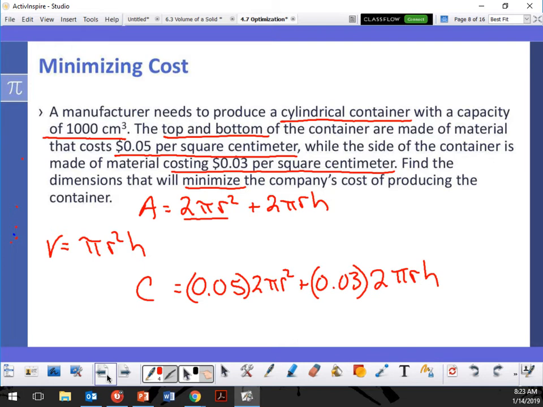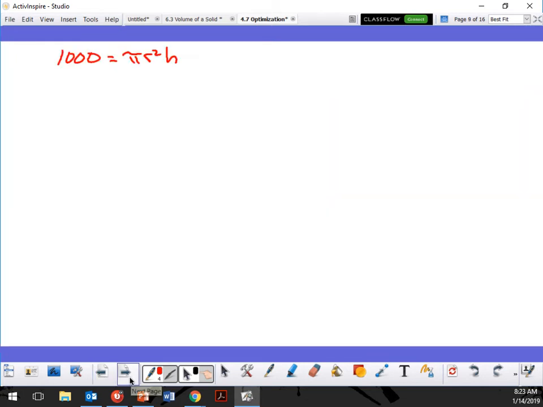Since I know what the volume is, I could say that h is equal to 1,000 divided by pi r squared. Agreed? Yeah? Okay, good. So I'm going to plug that into my cost formula. So C is equal to,